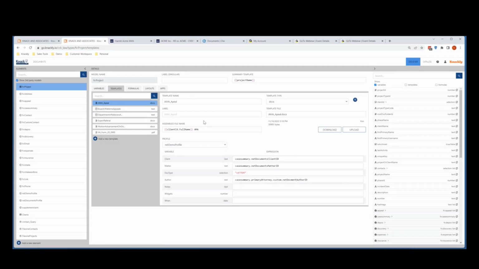configuring it? So you'll see I've got the NetDocuments demo profile. I've got the client, so I just have to put where am I grabbing the client ID from, where are we going to pull it from, where are we going to pull the matter from, the document type. Certainly this could be a fillable field if you want, or since in this case I just said it was a letter, I can hard code that, and then who the author is going to be. And I didn't have author entered in